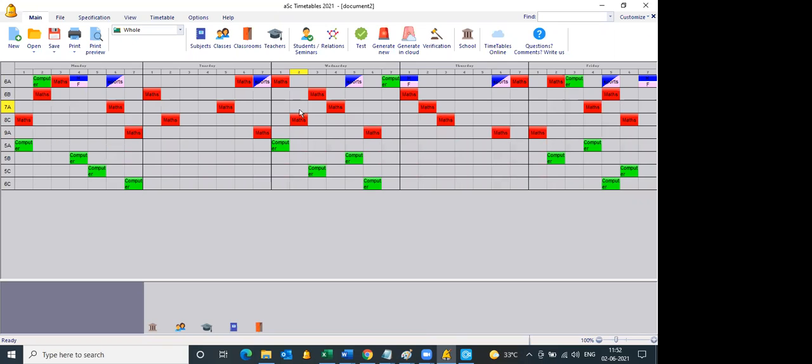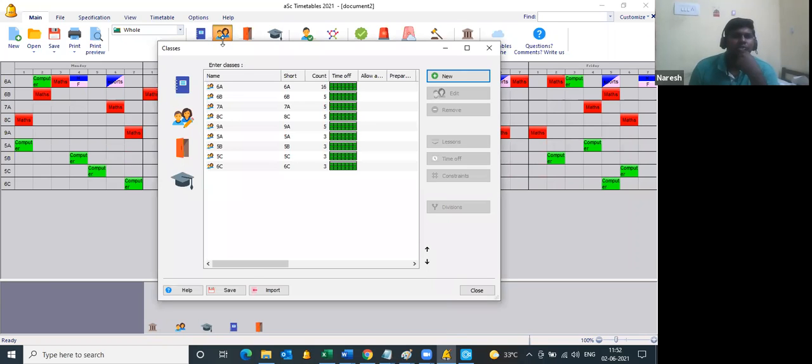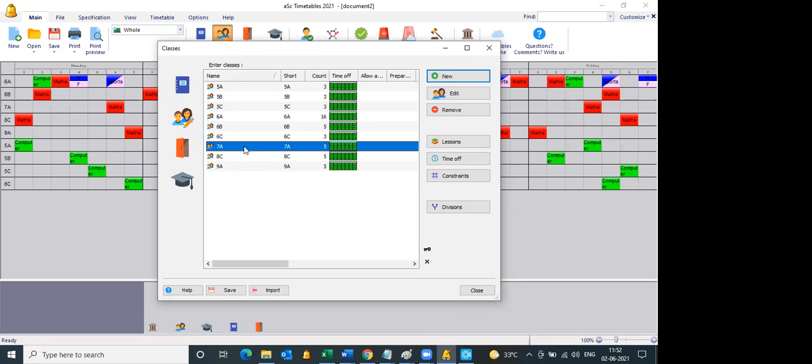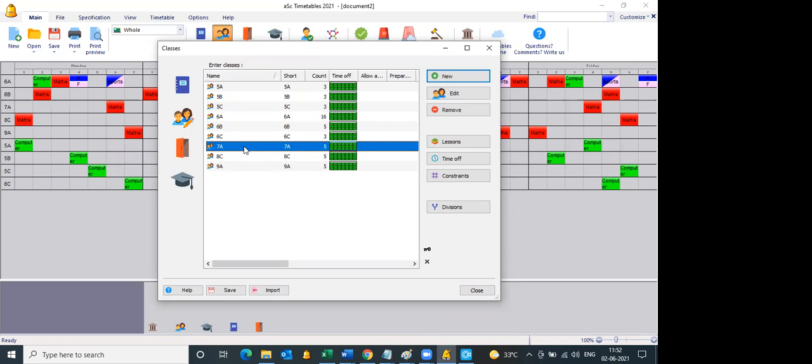No, and you should also know that when you click on class, for class 7 and above, there can be a maximum of 35 periods of count. So if you made that as 36, the software will throw an error. So you need to rectify that and generate. Okay, fair enough. Thank you.